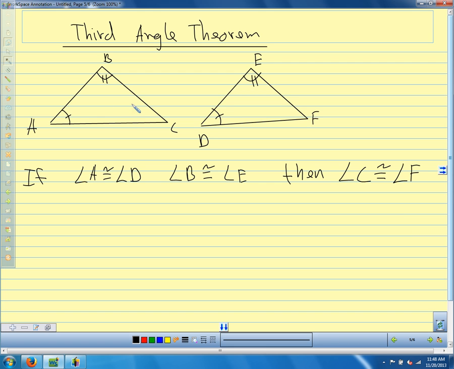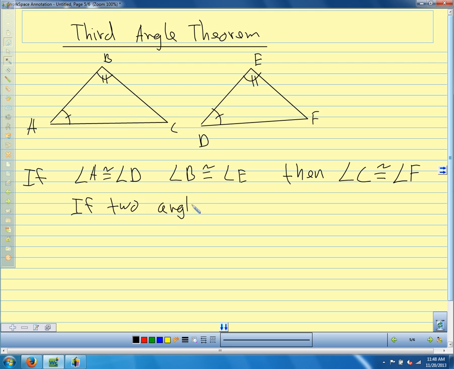And that's kind of what we saw on the opener. If we know that these two add up to 180, or these two plus this third one adds up to 180, and these two are the same, then the third one has to be the same. So if we say this in words,